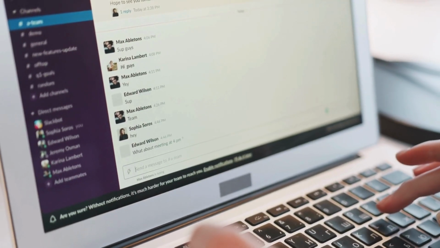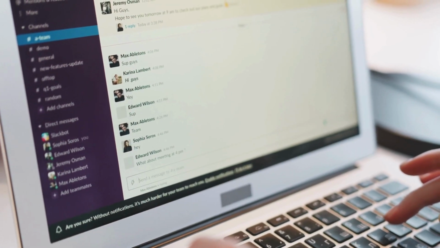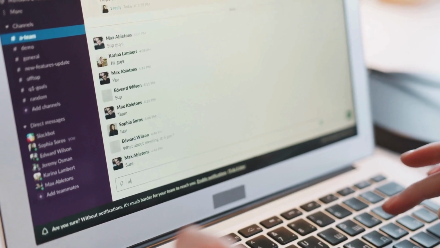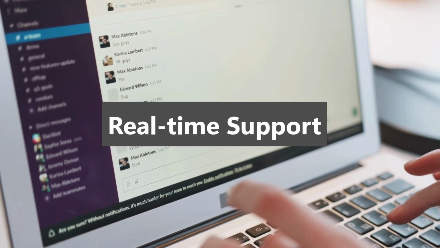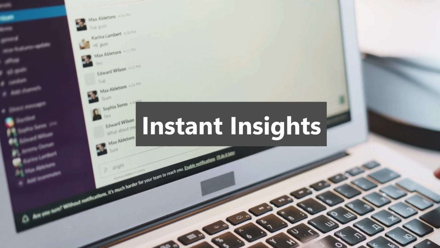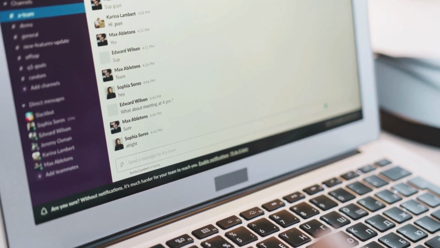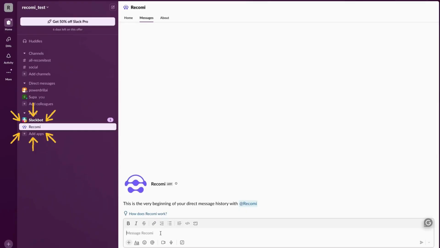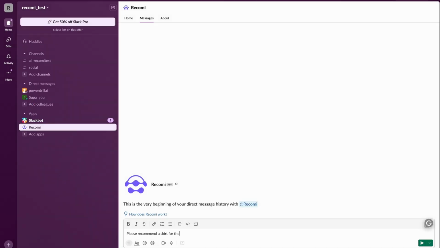AI agents in Slack can boost team collaboration, automate repetitive tasks, and streamline workflows. They provide real-time support, handle internal requests, and deliver instant insights, all within your Slack workspace. Today, I'll show you how to integrate a Recomi AI agent into Slack, turning it into your AI-powered assistant for